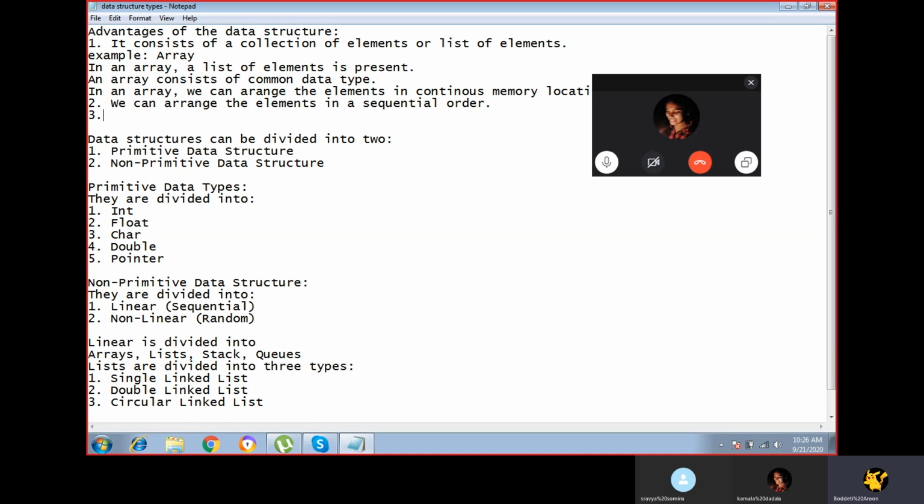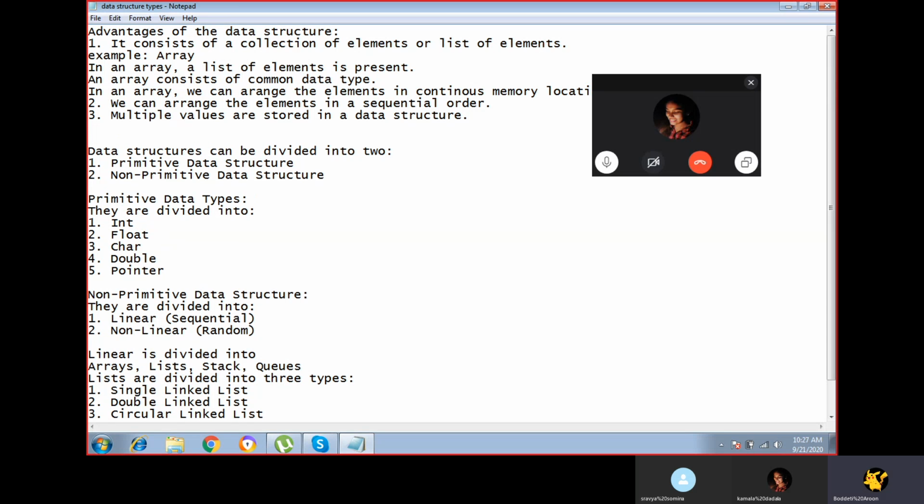And coming to the third advantage, multiple values are stored in a data structure. The third advantage is that in a data structure we can store multiple values, that is, more than one element.